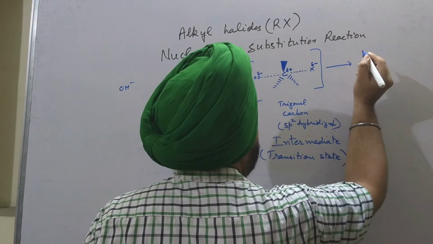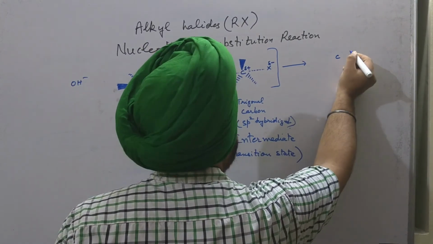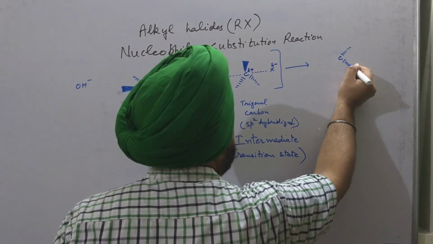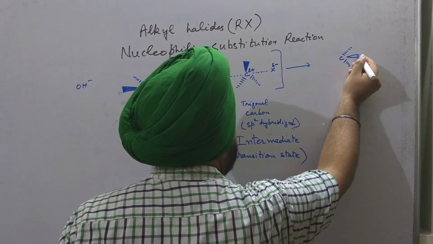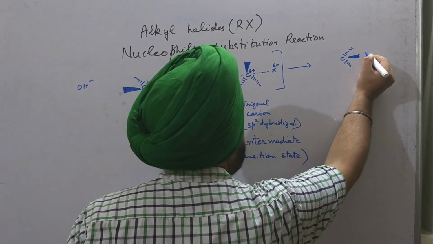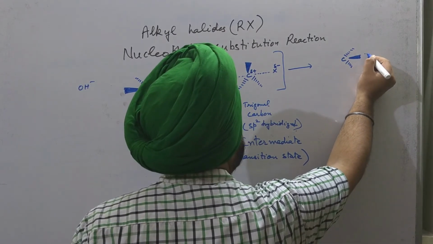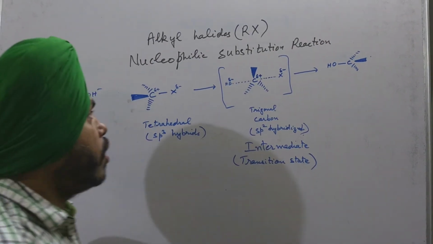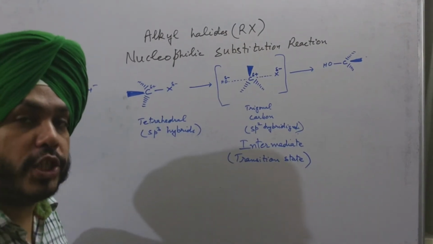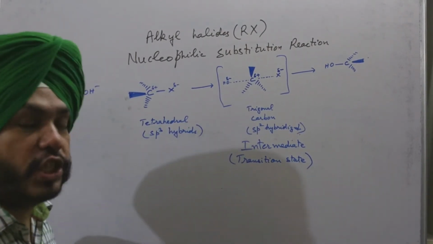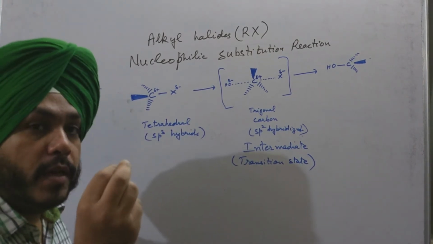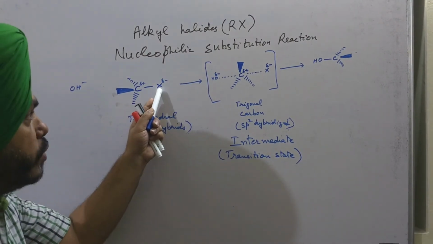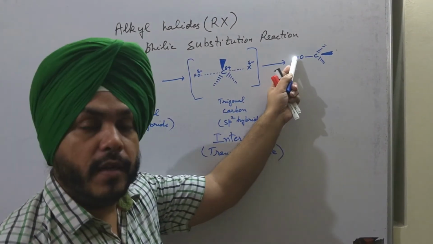So, when the product results, it results in exactly the opposite configuration. From the outset it seems that the nucleophile has attached in place of the halogen atom, but actually in 3 dimensions the nucleophile has not attached in the same 3-dimensional space. It is in the opposite configuration to this. So you can see the positions of the halogen atom and the nucleophile.